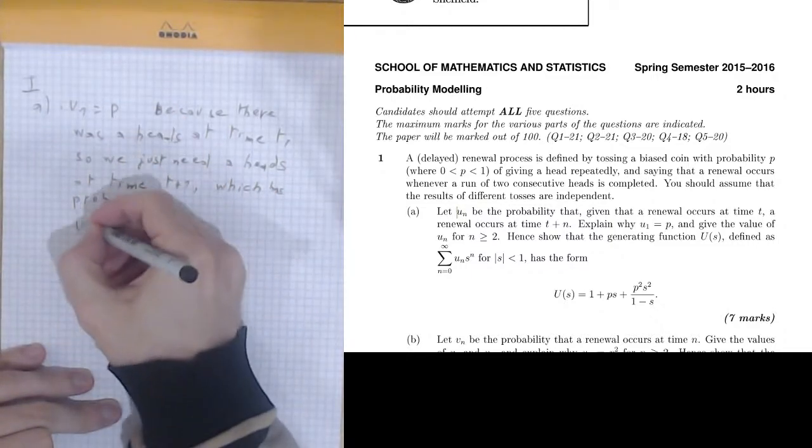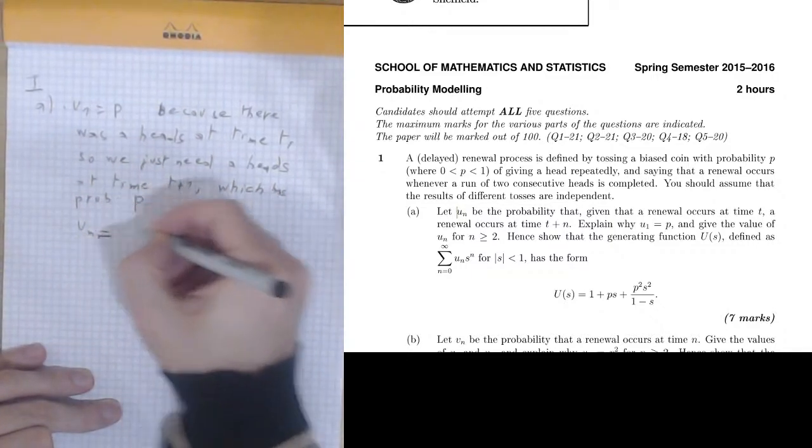And then u_n for n bigger than or equal to 2, well,